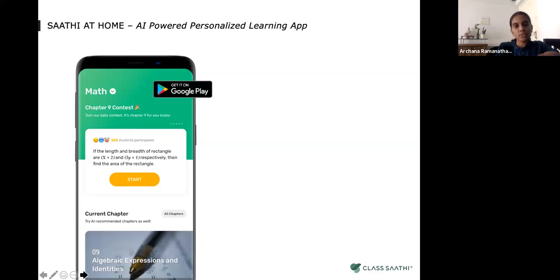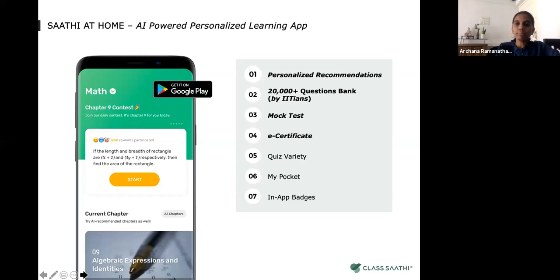All of the questions on the app are based on the CBSE or the NCERT curriculum. Some of the features of the app are personalized recommendations, a question bank by IITians, mock tests, and e-certificates. Today, over 50,000 students across the country are using and benefiting from Class Saathi.